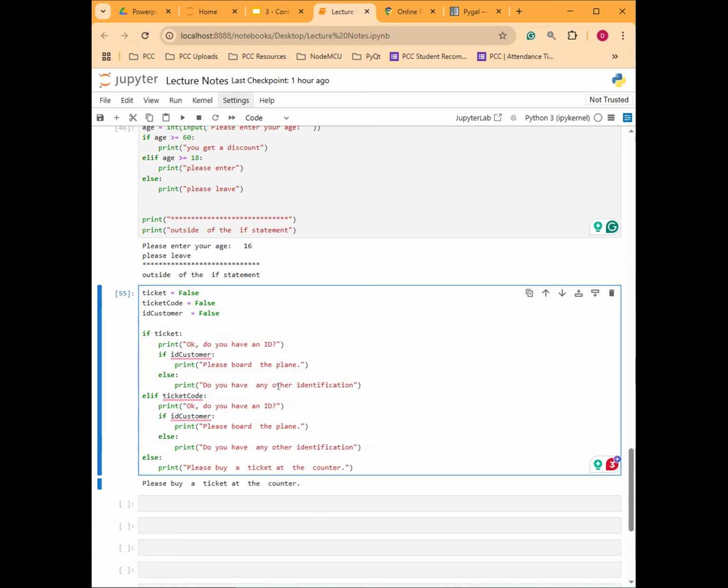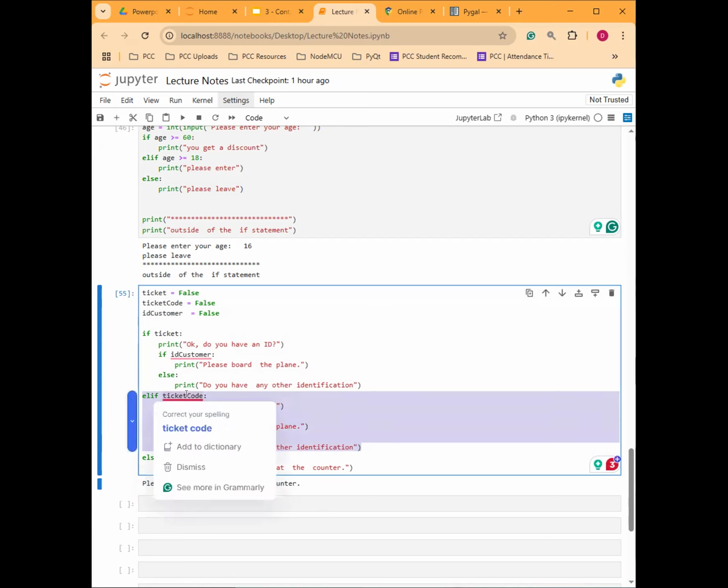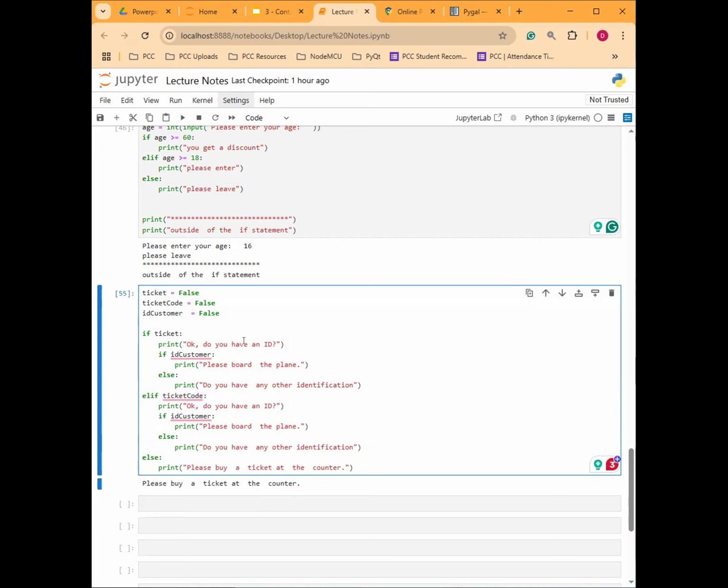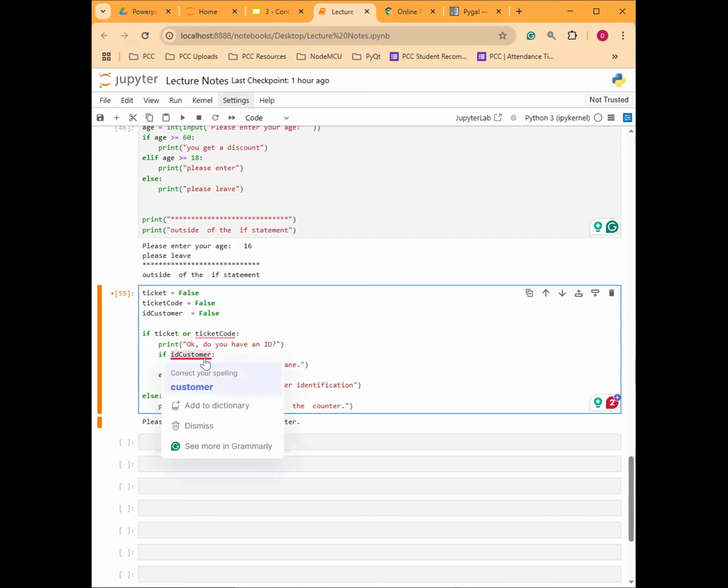Okay. Let's see. We can actually improve this one by using logical operators. So we're gonna say if either ticket or ticket code is true. So we're gonna use the or logical operator here, the two pipes or the or. Yeah, I think it's the or, and then ticket code. Okay, so if we just remove this one, there's actually less code, right? So in this case, what we're trying to do is if either,